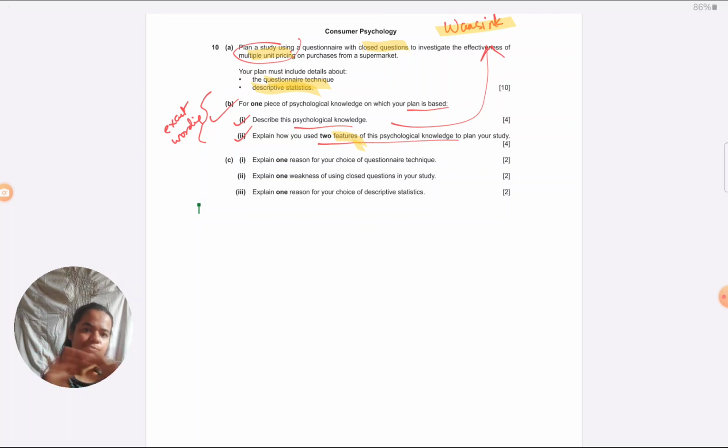So you'll have to remove that mental block from your mind. I'm just coming across it a lot with my students. They don't want to remember the studies. That's not an option that you have in consumer.